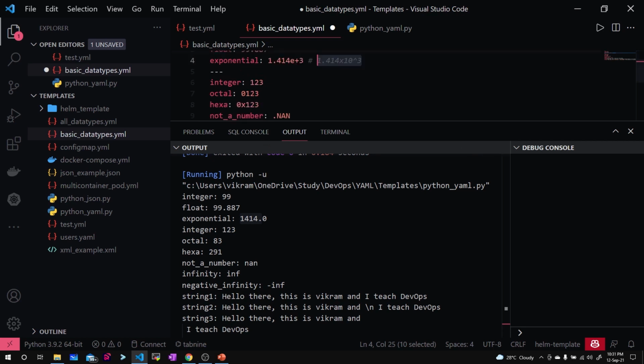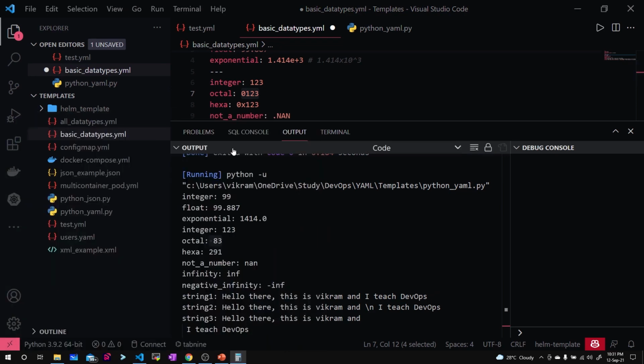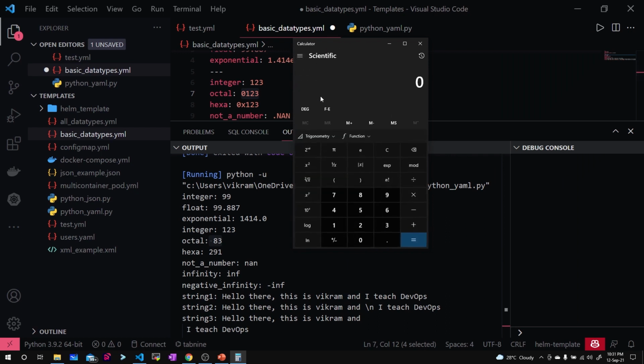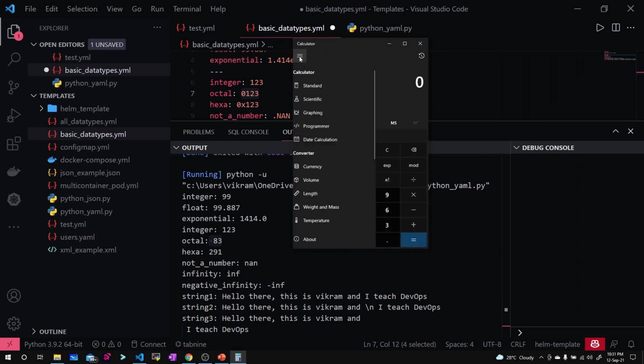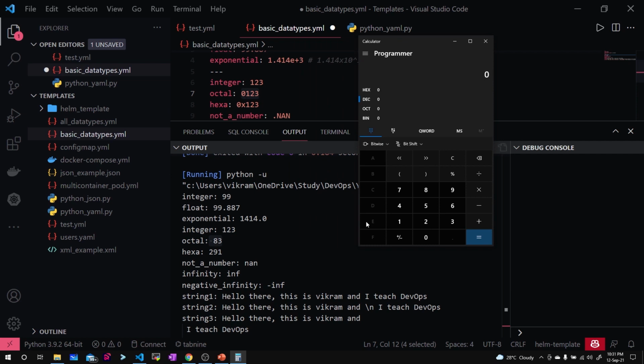And then coming to the other thing, integer 123 is mentioned, and here octal 0123 is nothing but the value 83. If you are not sure, you can just open the calculator. I think you should go to the scientific calculator of Windows, then not scientific, yeah, the programmer's calculator. Then for octal 0123, if you see the octal part,